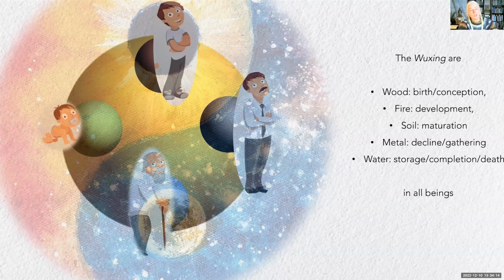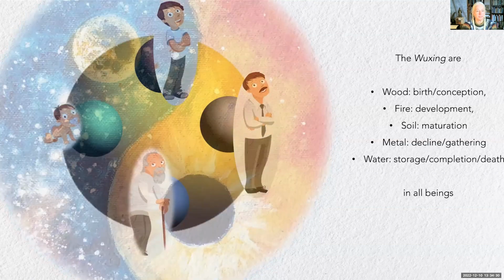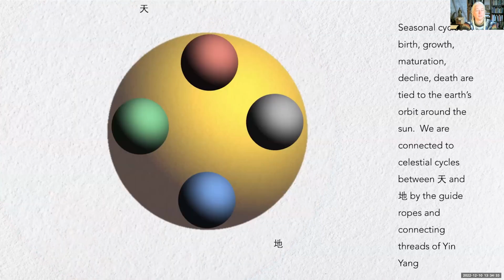So it's the Hua on the left and the Bian on the right, which is looking at it through the number 2. Then we look at it through the number 5. So it just divides it into more stages. So the seasonal cycles of birth, growth, maturation, decline, death are tied to the Earth's orbit around the sun, or connected to celestial cycles between heaven and earth by the guide ropes and connecting threads